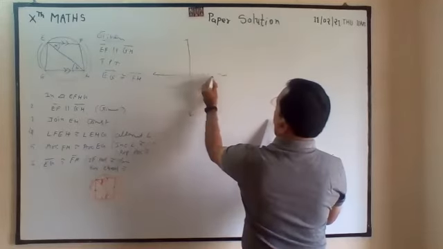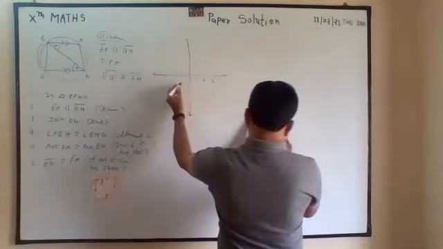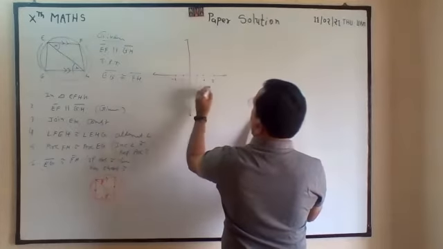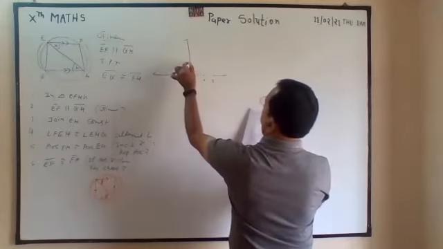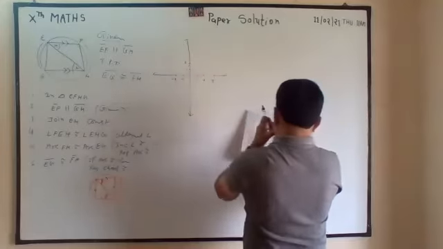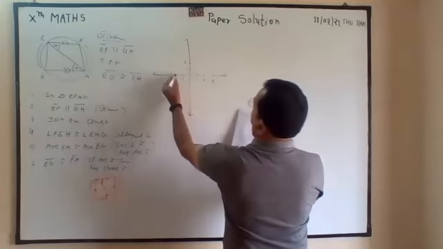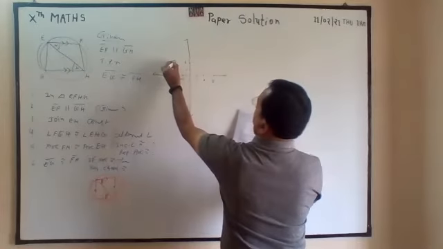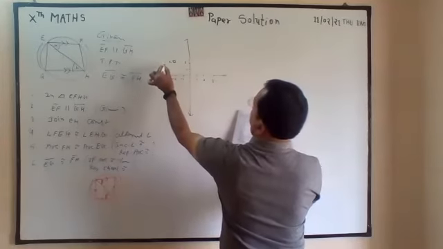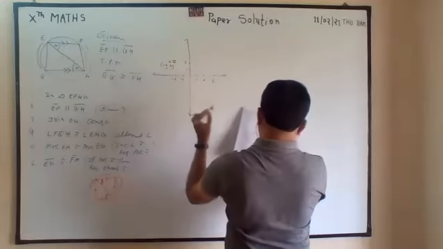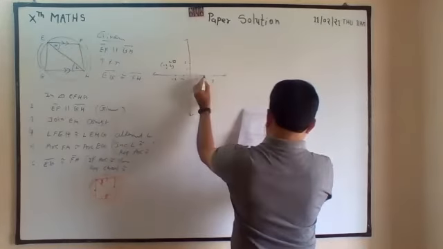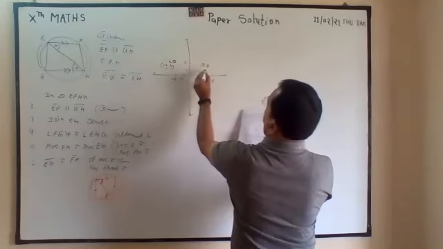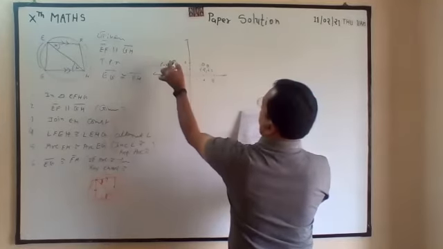It is 1, 2, 3. This is 1, minus 1, minus 2. And this is 1, 2. This much only we need. The point is here. Here. That is C point, minus 2, 2. Point is here, B, 2 and 2.